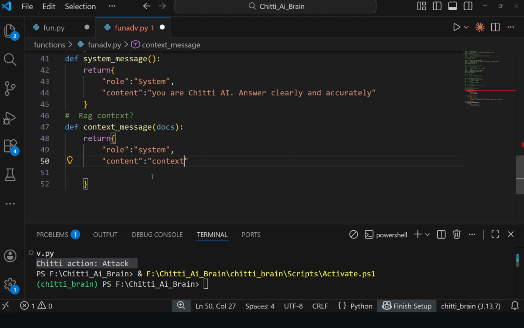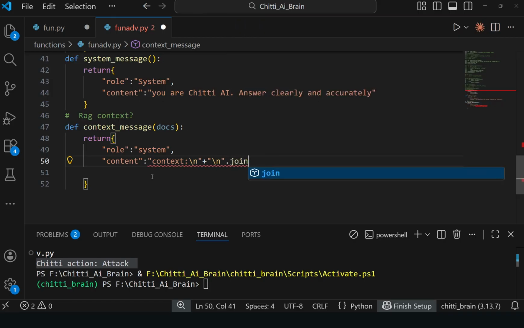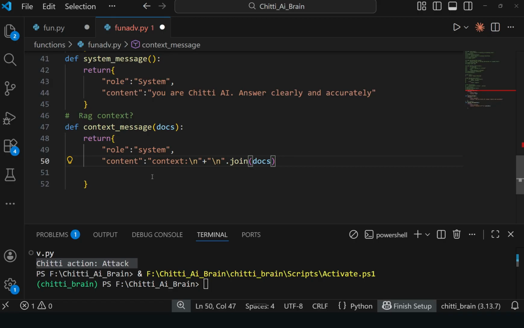Here the slash n is a new line, and in a new line it will give. Okay, and it joins the pages, the document pages, dot join docs, and gives the reply. It will join all the docs and give the reply accordingly, right?